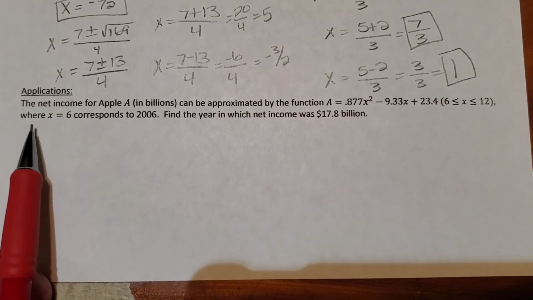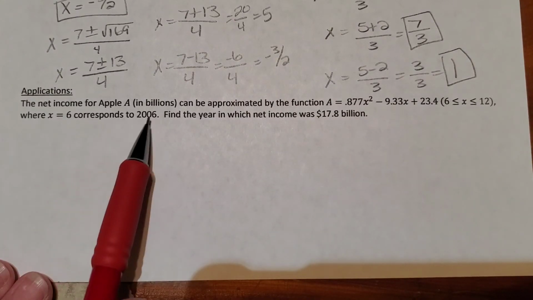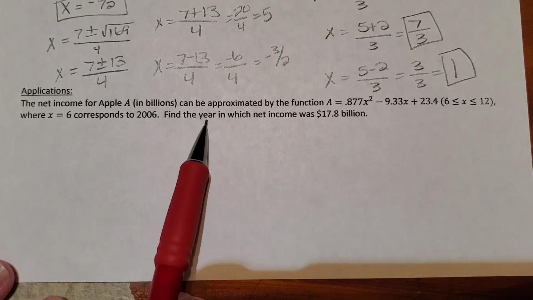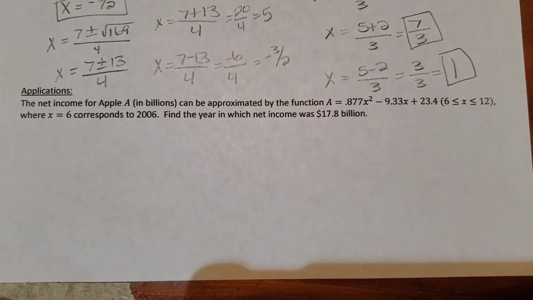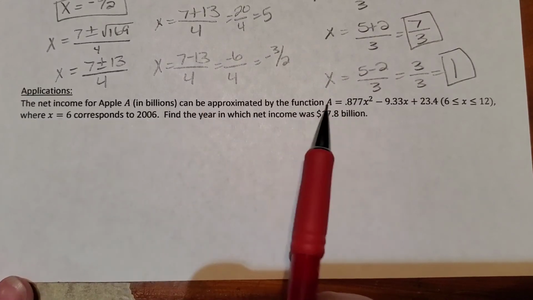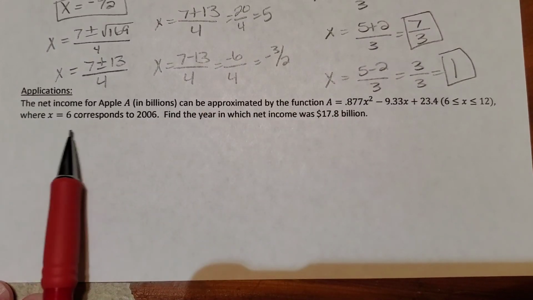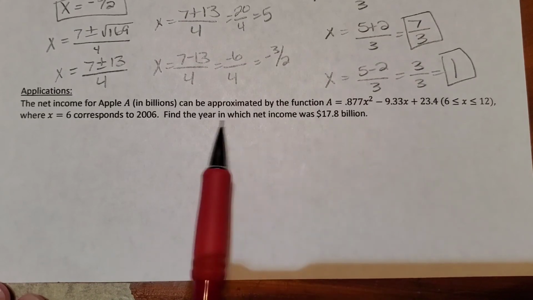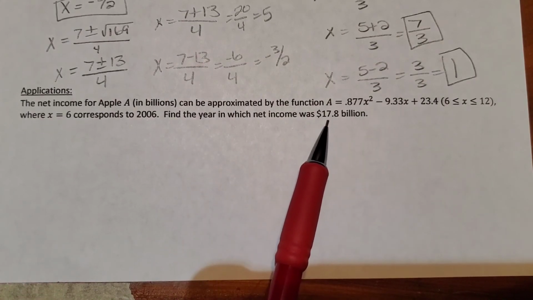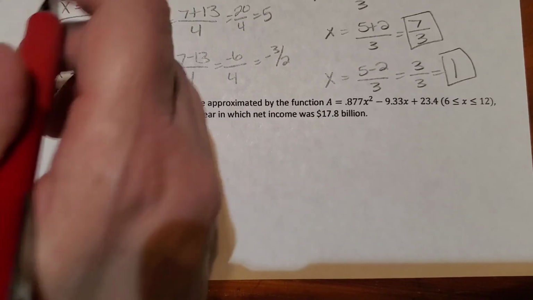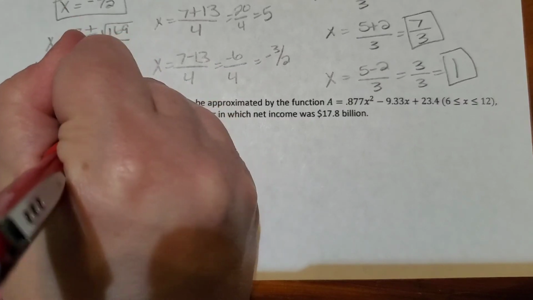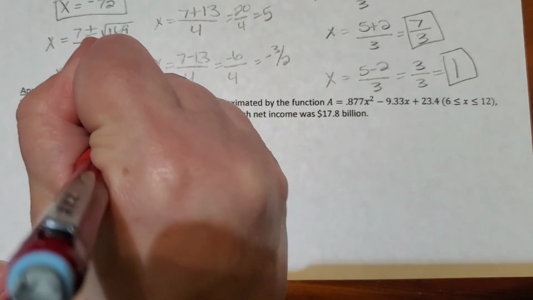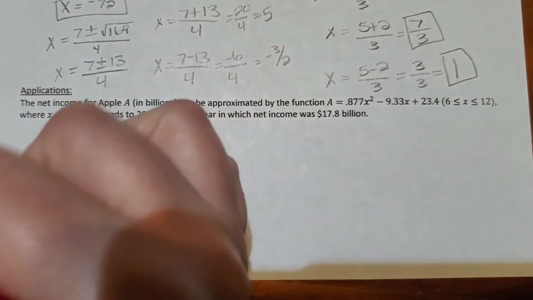And then they continue with where x equals 6 corresponds to 2006, and we're looking for the year in which the net income was 17.8 billion. So notice our income, A, that's our output. The year, X, that's our input. We're looking for the year. They give us an income. So they give us an output. So we're going to plug in 17.8 for A, and we're looking for X. So we get 17.8 is equal to 0.877x squared